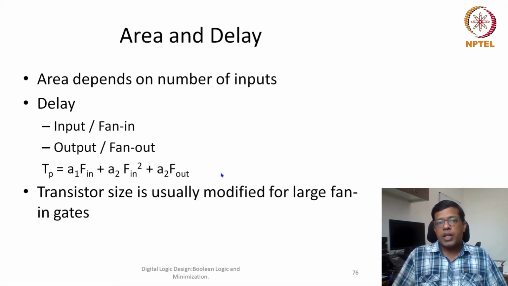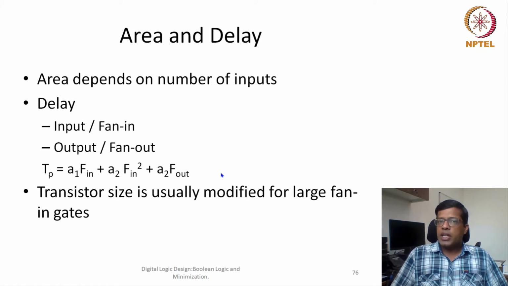Now, given a particular gate, area depends on how many gates and how many inputs are there in each gate. These two things would be sufficient to know the area. Along with that, it also depends on how many interconnects, how many wires are there, so those also add to the overall area. But in general, the number of gates gives us a sufficient idea of the area of a particular chip.